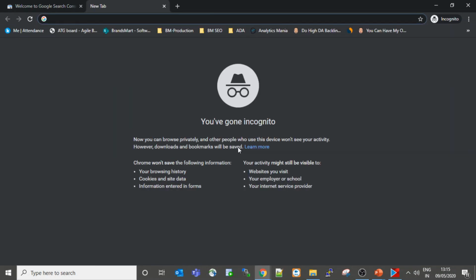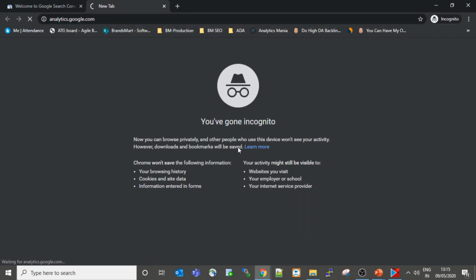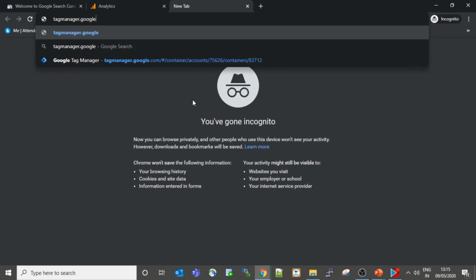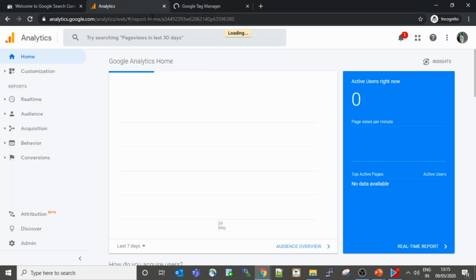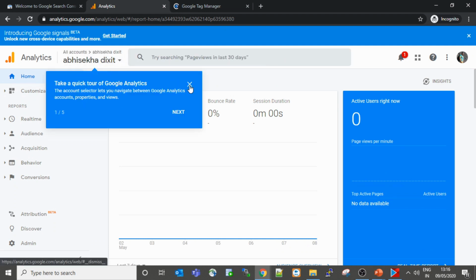And apart from that, if we go to analytics, go to analytics.google.com. Here also, as you can see, I don't have any property added over here.